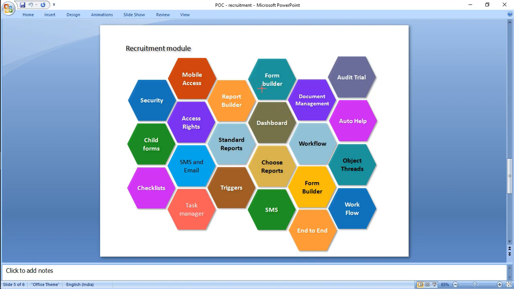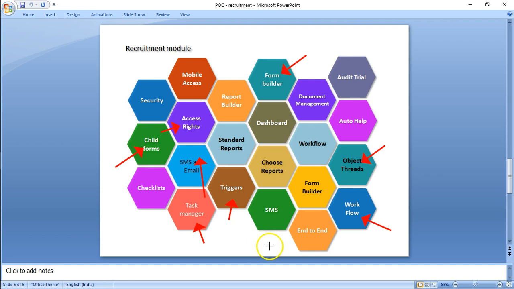For example, the form builder first, then we have created some child forms, defined the access rights, who can do what, and the SMS and emails you saw and the tasks which we have sent, then the triggers, then the workflow where we have used it for the approval of the vacancy, and object thread where you have seen the workflow thread, and the dashboards and